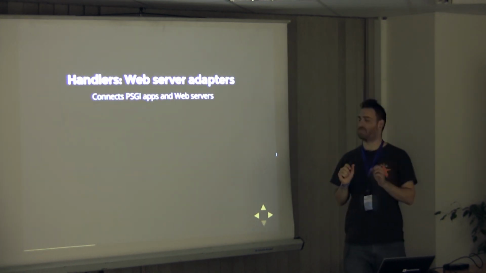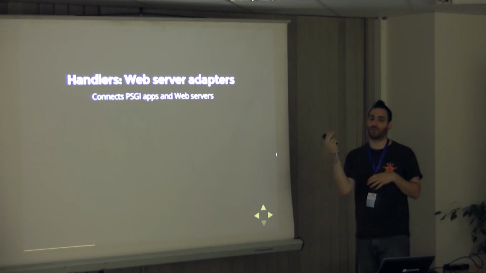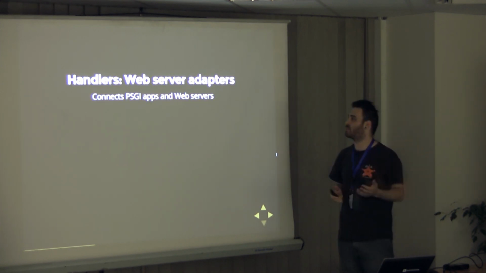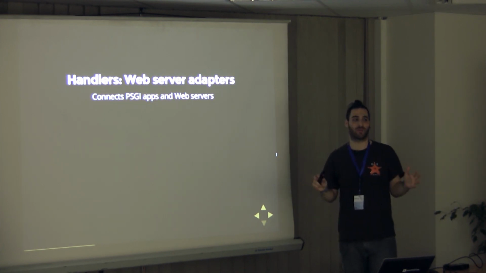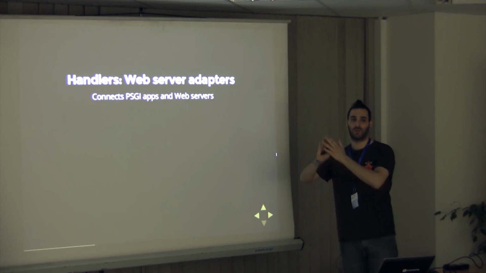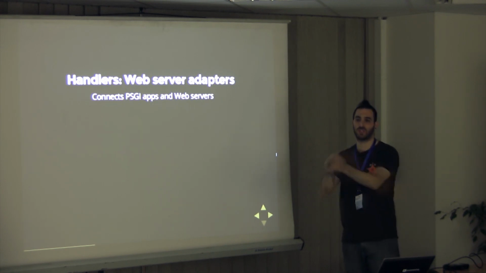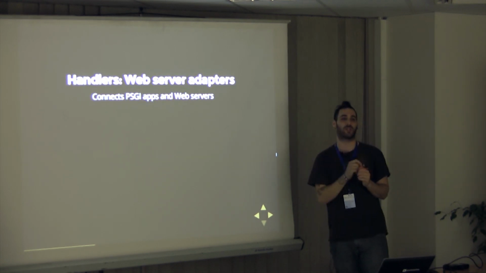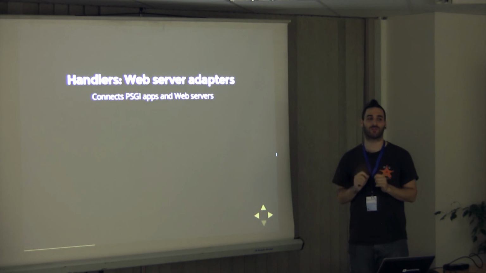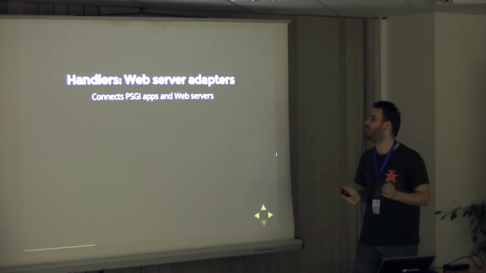So going over some of these. Handlers basically connect your PSGI application with a web server. And as long as there's a handler for it, it will work on that web server without you caring that you're running that web server, which means that your application is running on Apache 1, Apache 2, CGI, FastCGI, Nginx, Lighttpd, and so on, and you do not change a single line of code in your application. And you do not care what server it's running on. That's all.